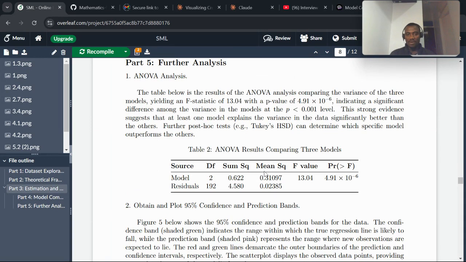Also, ANOVA was run to check whether there is a statistical difference between the three models. And as you can see from the p-value, it is evident that at least one pair of the models is statistically